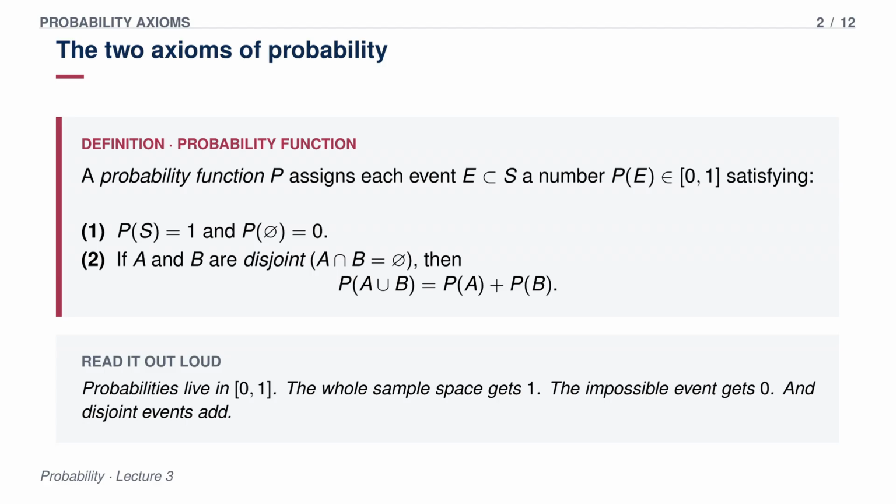Precisely. So from that 0 to 1 range, we introduce our two axioms. Axiom 1 is very straightforward. It states that the probability of the whole sample space is 1, and the probability of the empty set is 0. Okay, so the whole sample space covers every single thing that could possibly happen in our random experiment. Right. So by definition, something in that space must happen. Yes, it has to. So it gets a 1. And the empty set covers nothing at all, so it naturally gets a 0.